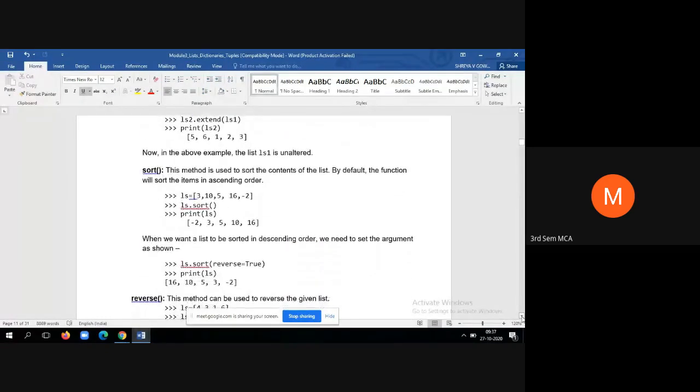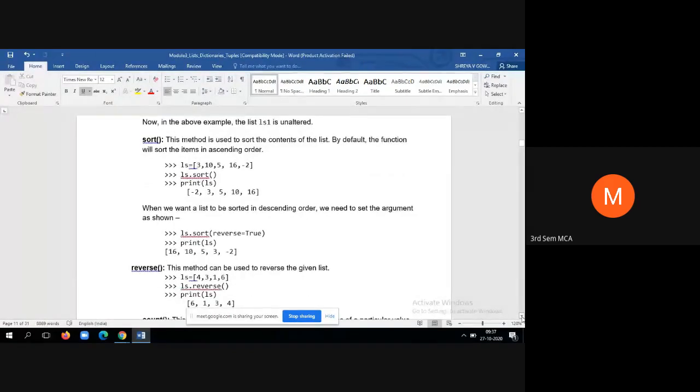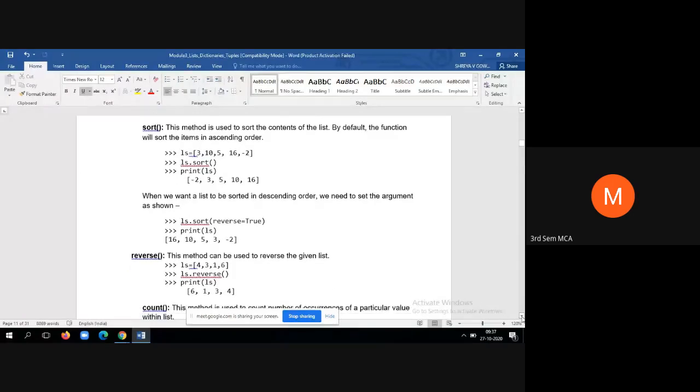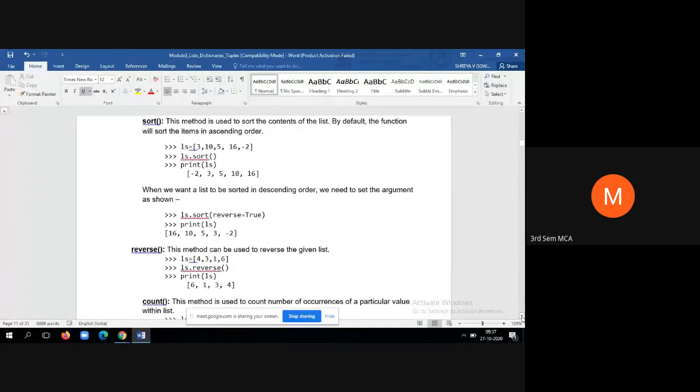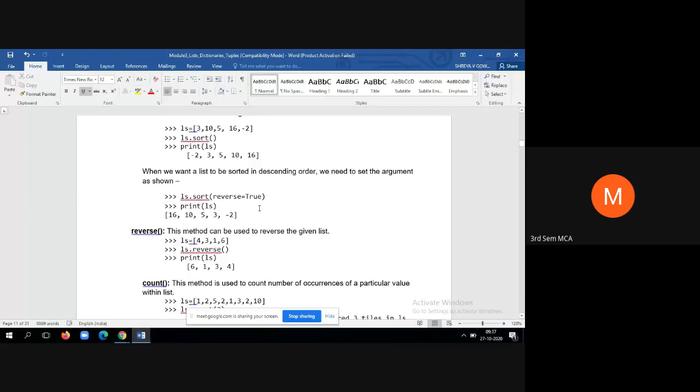Then the sort method. In the last lab, that is in the lab test also, I was asking how to sort in descending order. That means we have to use the attribute reverse is equal to true. If you do not use any parameter while applying the sort method, by default it will sort in increasing order, and if you want the reverse of that, that is descending order, then you have to set the value of the attribute reverse is equal to true.